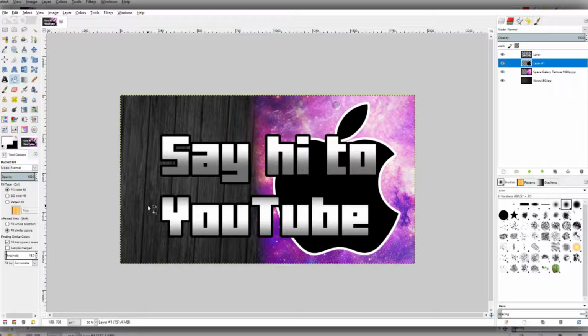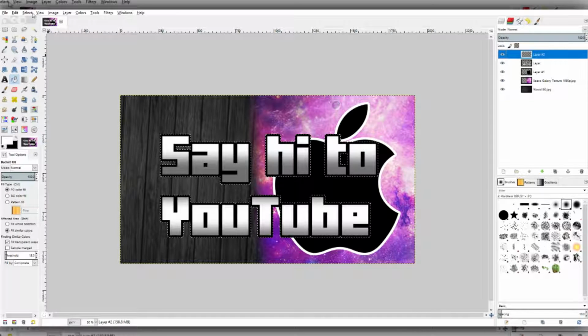Now remember how I showed you guys that there was a shadow effect going on? Let me show you how to do that. So once again, alpha to selection, new layer, and this one, if you want, you can grow it to make it look like a border. Oh my god, that was a weird accent. Just so it's easier to notice, I'm going to put the border up to 20. And now, before you fill it in with the paint bucket again,